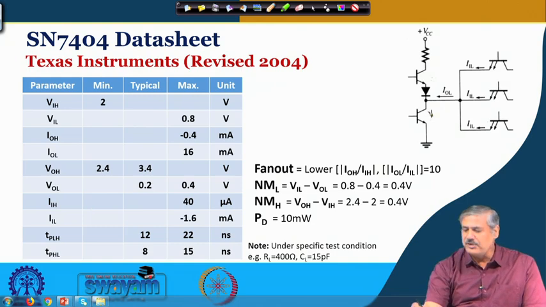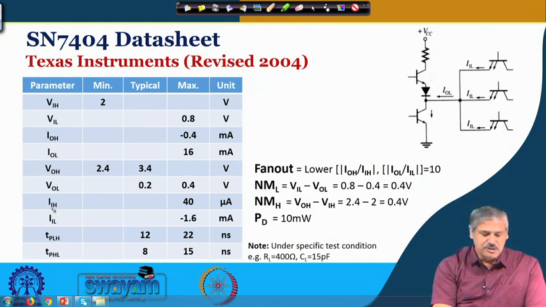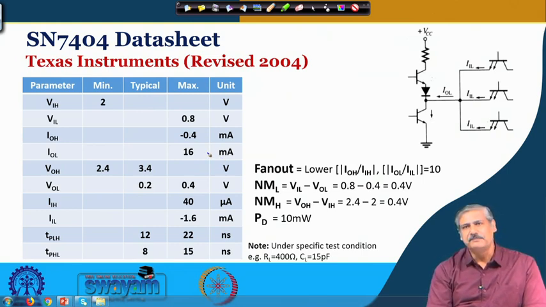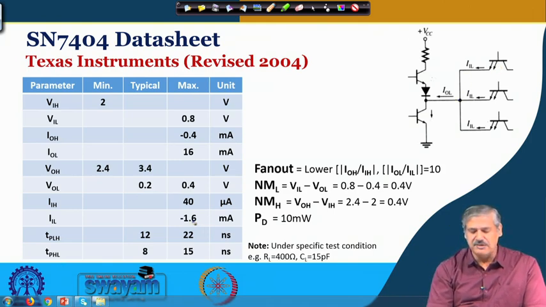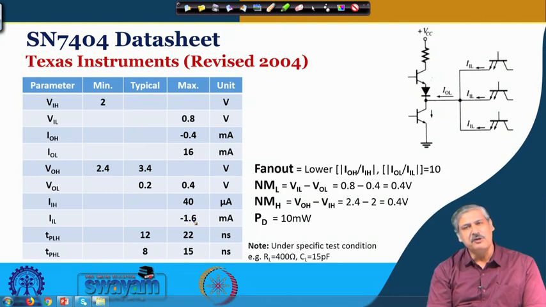So, IOL, when the output is low, is the current that is being sunk in. So, current being sunk in IOL is 16 milliampere. So, that is the maximum current it can sink. Okay. And it is getting into, that is why it is positive. So, this is the 16 milliampere, and for the load side a similar circuit is there. So, IL which is coming out of it, what is the corresponding value according to the specification given by the manufacturer? That is minus 1.6. It is because it is coming out of it, and it is getting into. So, how many such load gates can be serviced by this? So, this is IOL by IL,